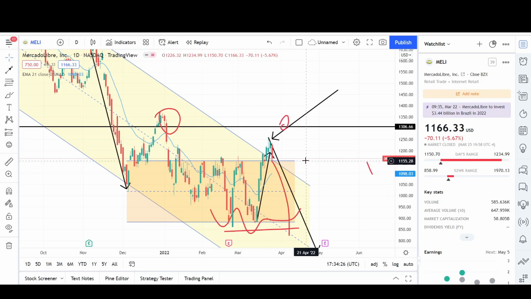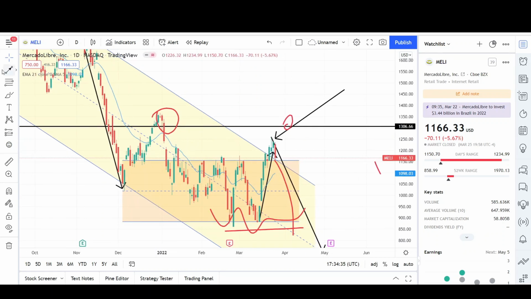However, for the bulls, if they find some type of support at the 1160 level, we can easily go back up to that $1,300 level to test that. So that's everything I have on the daily chart. It's actually one more thing right here, and this gives me